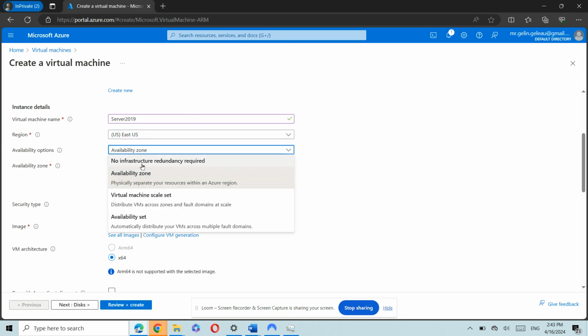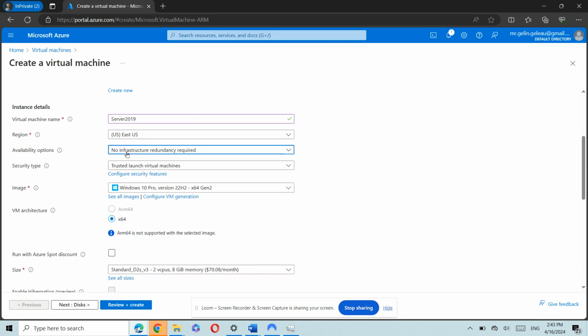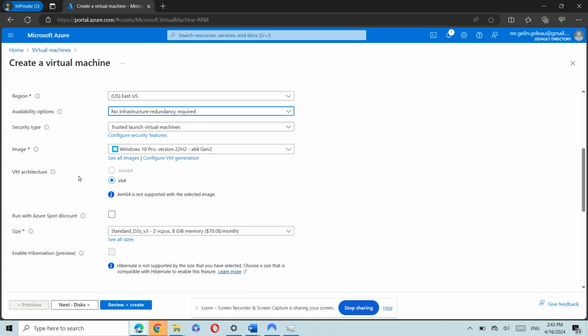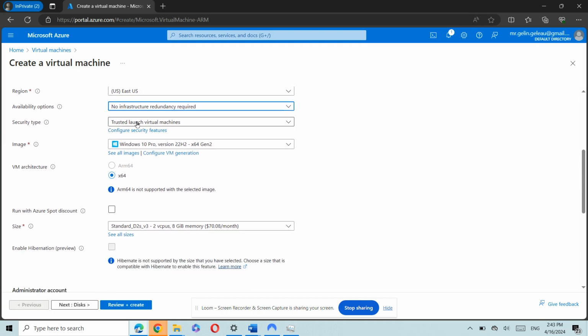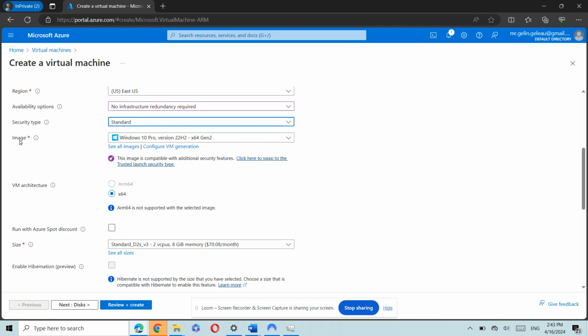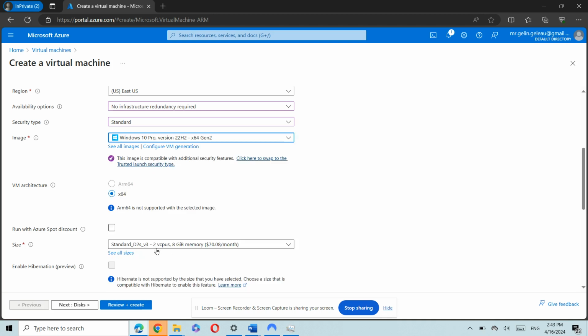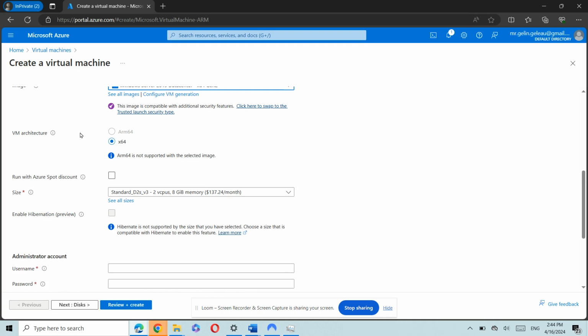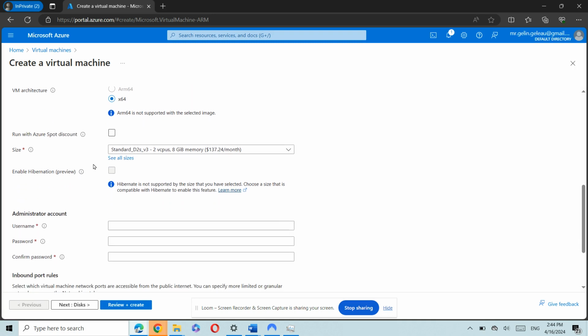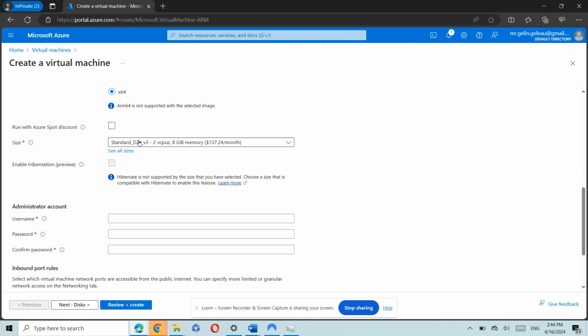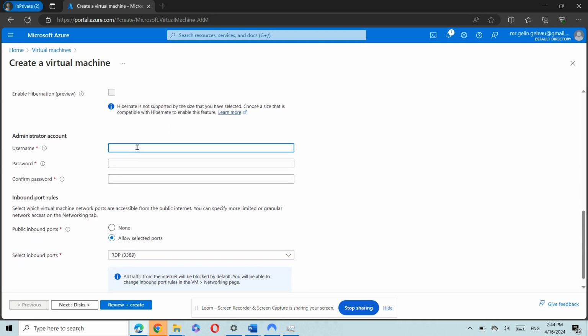Availability option, I'll put it on no infrastructure redundancy required. Security type, I'll put it on standard. Image, since it's a server, we'll pick Windows Server 2019 Datacenter. The size is fine, we'll leave it there. Username, let's call it helpdesk. Yeah, helpdesk. And your password,